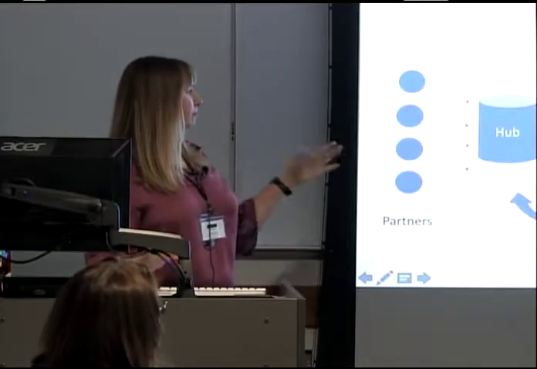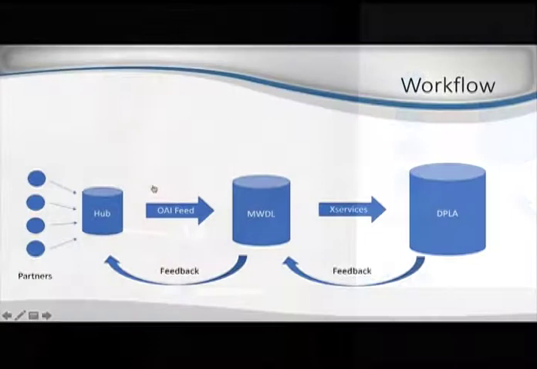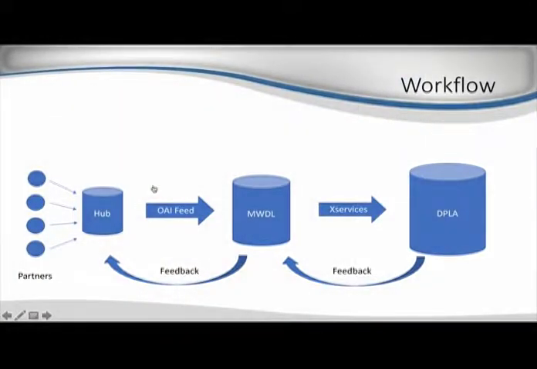So just as a visual overview of the workflow, I know it's kind of hard to keep all of that in your head. This is just one example from one hub. For example, we have all of their partners. They feed their data into the hub. Via OAI, it goes to Mountain West. If there is anything that needs to be remediated, we have a feedback loop going to that hub to get that stuff fixed. And then from there, it's contributed onto DPLA,